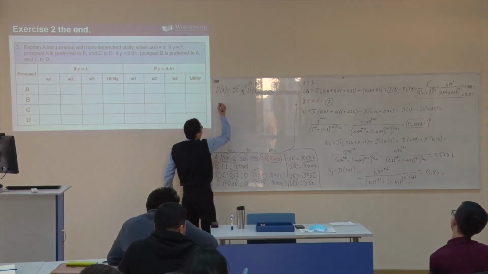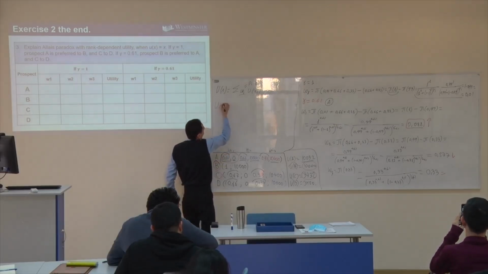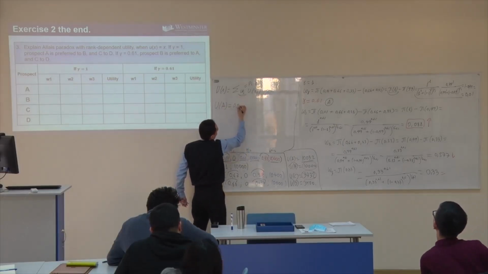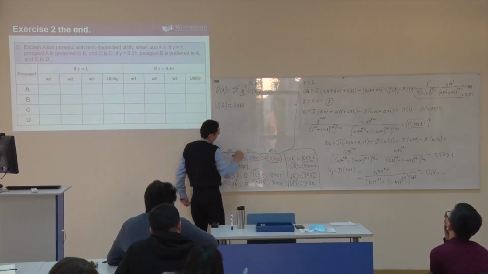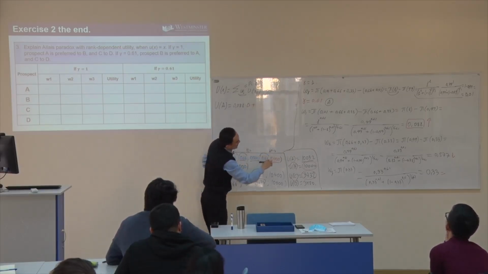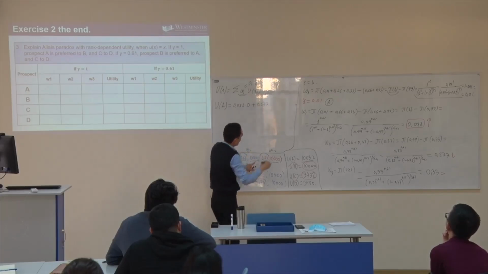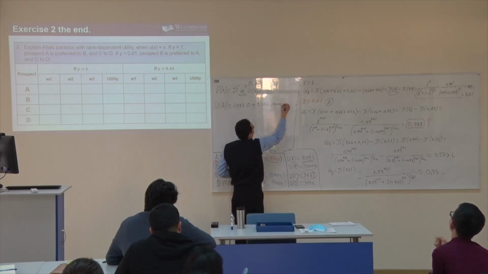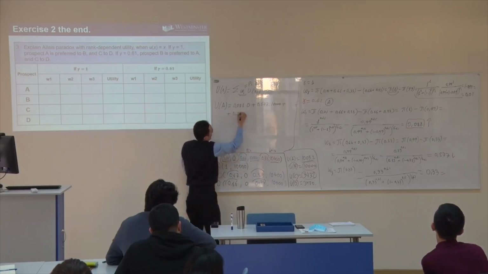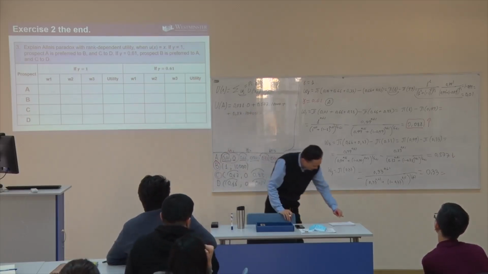So now, in order to find the rank dependent expected utility for prospect A, what is the weighting of 1? 0.088 times 0 plus 0.57 times 10,000 plus 0.33 times 10,400. If you calculate this one,